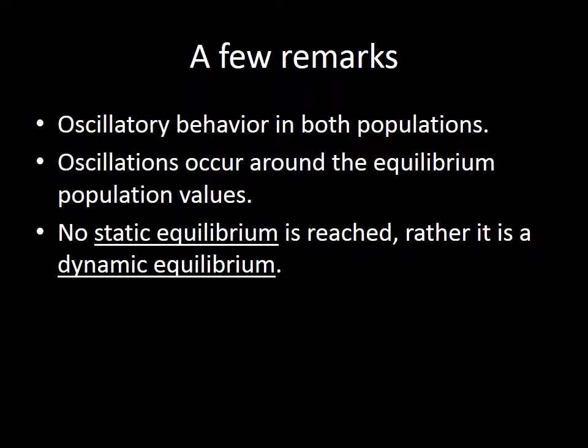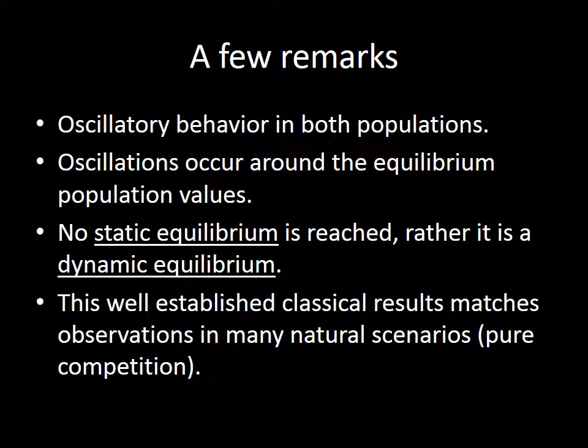So there's really no static equilibrium. Rather, it's a dynamic equilibrium, meaning that you get oscillations, and these oscillations are constant over time. The populations go up and down, and they do so over time. And it's interesting because this well-established classical result matches observations in many natural scenarios, and particularly when you have pure